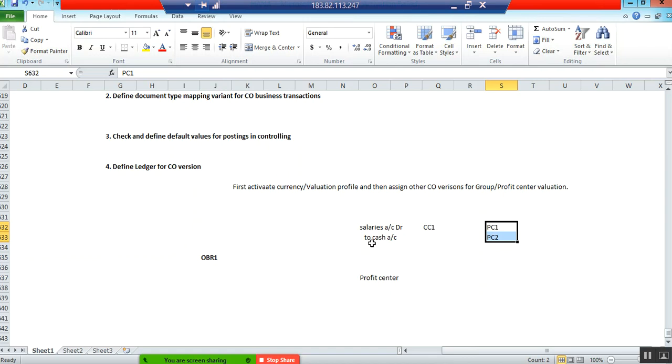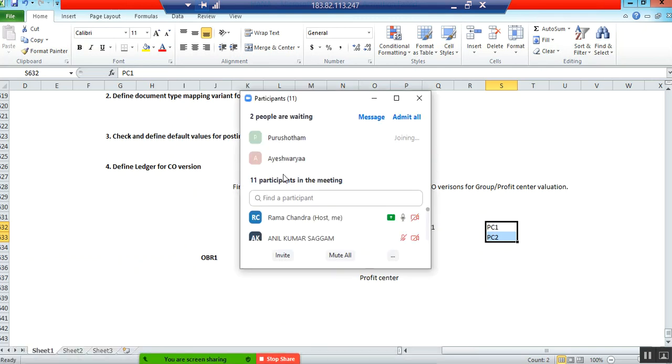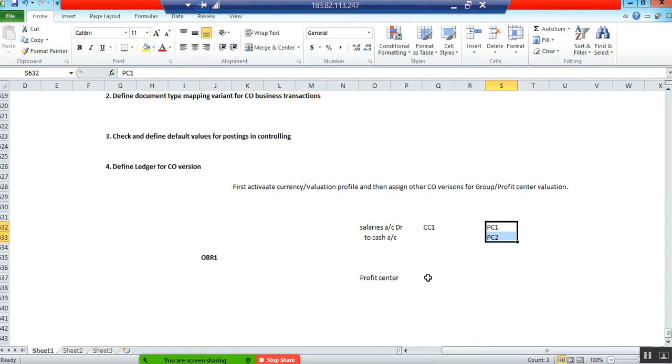At the time of document posting, in the background, it needs to do additional checks, and it ensures that all the profit centers are derived correctly, updated, and consistent with the data. To prepare your P&L account and balance sheet at profit center level or at P&L account level, to do this,